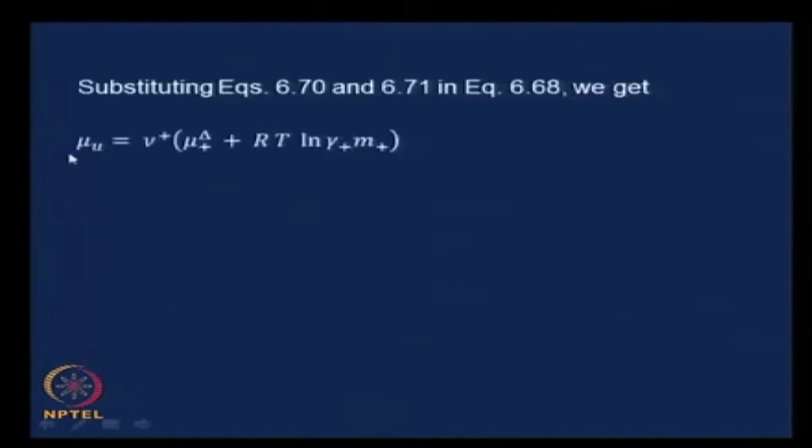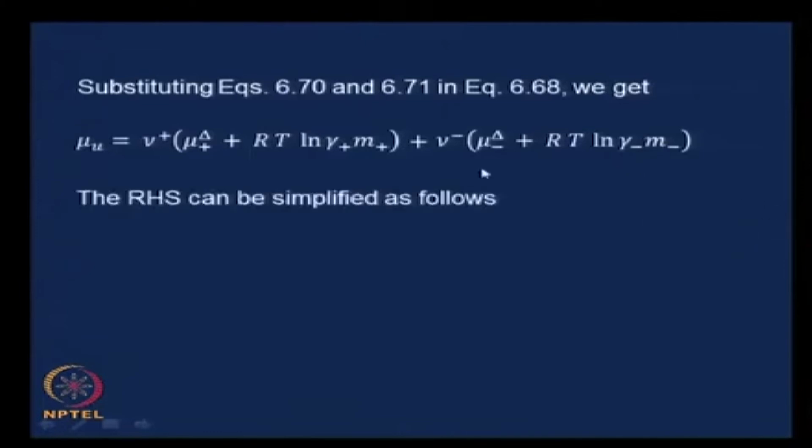We get nu u equals nu plus mu plus triangle plus RT ln gamma plus m plus, and nu minus mu minus triangle plus RT ln gamma minus m minus. Now, let us look at the right hand side alone and just combine the terms. I am just combining terms appropriately to make a point. Nu plus mu plus plus nu minus mu minus